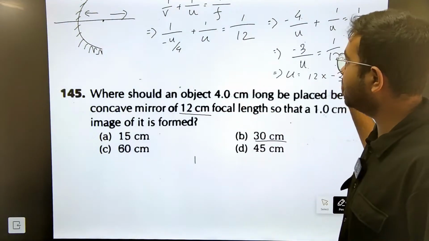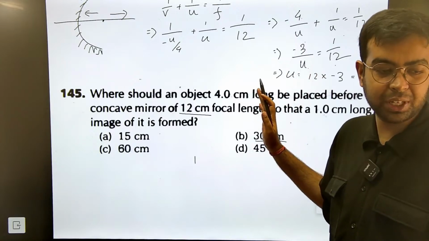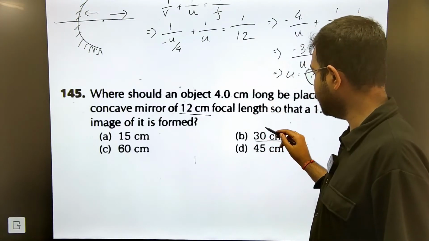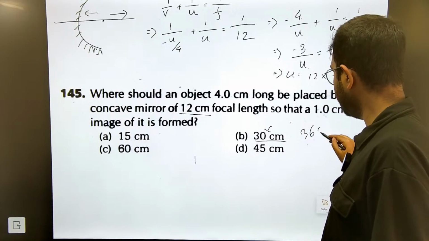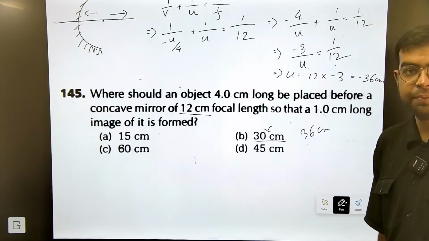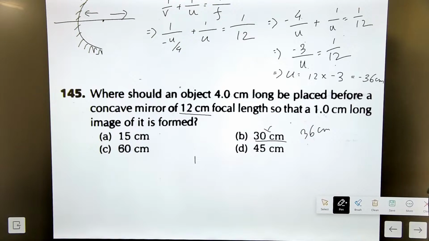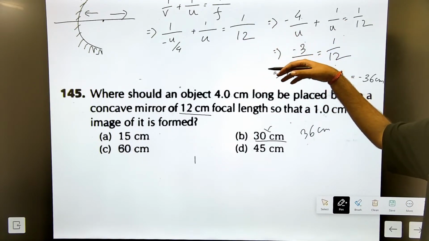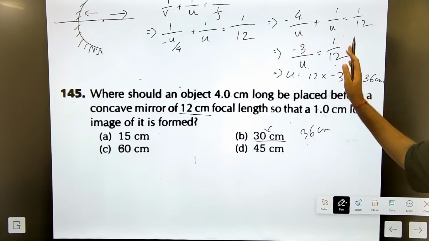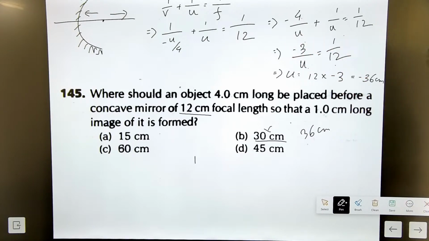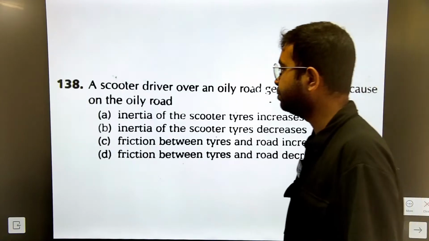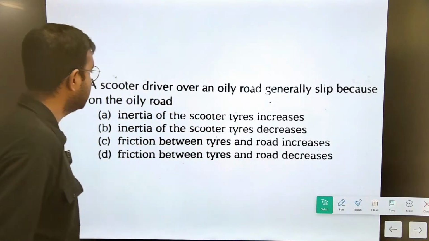ठीक है, ये थोड़ा लंबा सम है, कॉम्प्लिकेटेड सम है, प्लीज पॉज इट 2-3 times, go through the method 2-3 times more and don't worry about the answer, there is a mistake here, the answer is 36 centimeter, ठीक है, प्लीज टेक केयर ऑफ दैट। इसको अच्छे से पॉज करके समझना, बिकॉज देयर आर 2-3 स्टेप्स दैट आई हैव डन हियर, 2-3 formulas I have used here, please go through it carefully and do it again on your own once, ठीक है। Let's look at the next question now.